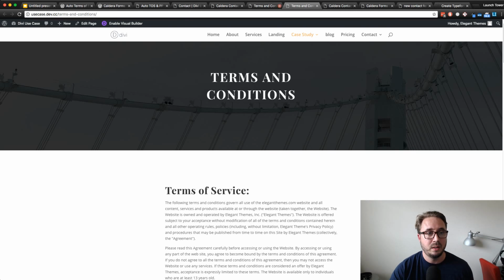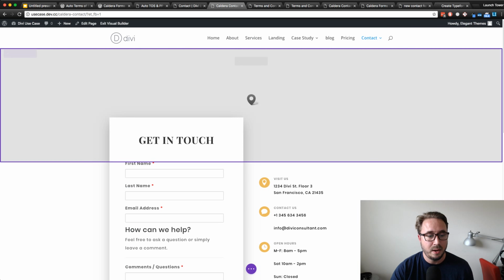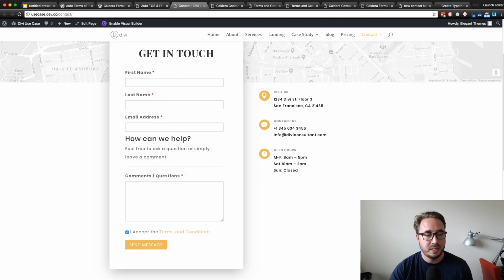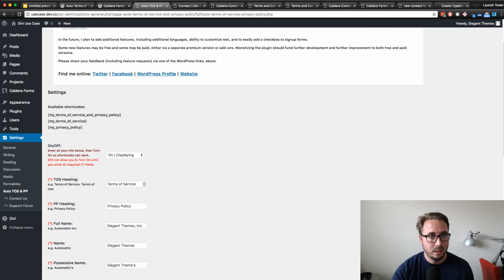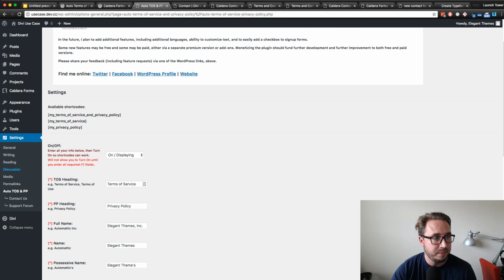I didn't mention this earlier, but before I leave, I do want to say this. If you are wanting the terms and condition link to link out to a different tab, which is always a good idea, especially if a user is filling out a form, you don't want to leave the page. If you're not familiar with HTML or how to create links manually, what you're going to want to do is add the target blank attribute there. And just to show you what that looks like, if I go to my Caldera forms,